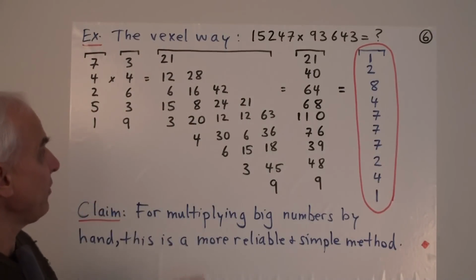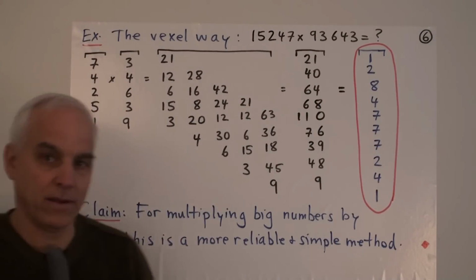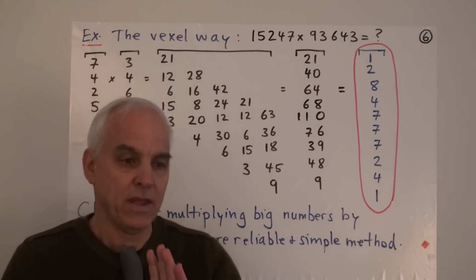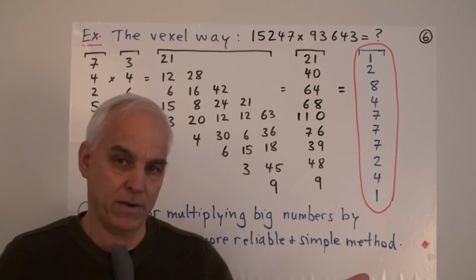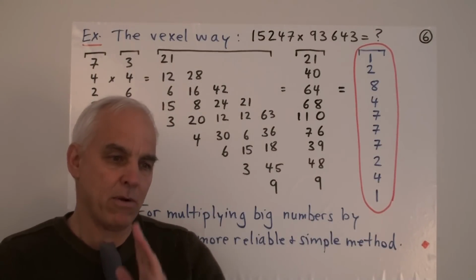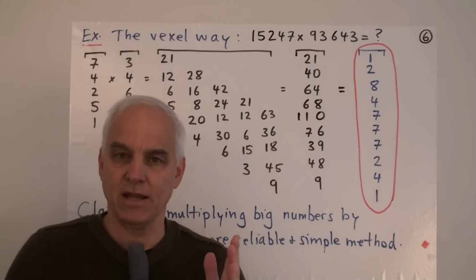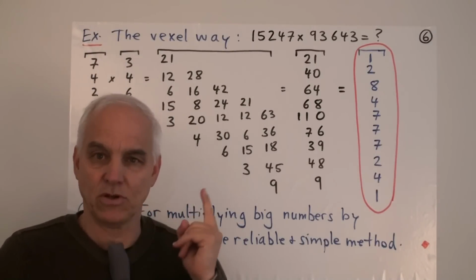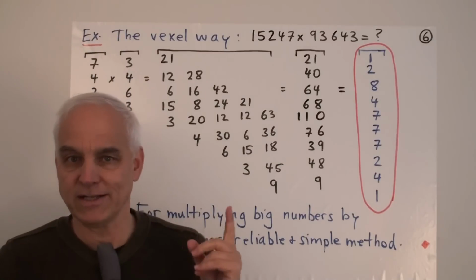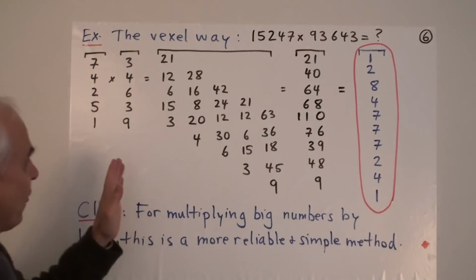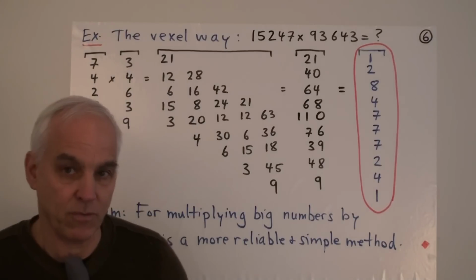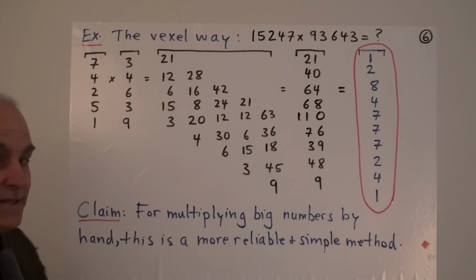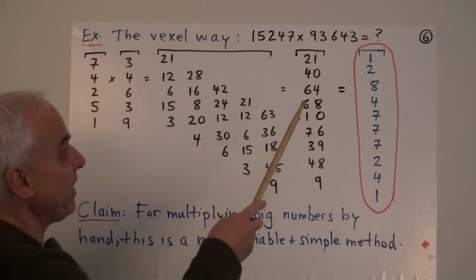In that case, I think this Vexel way of doing things, which I'm now going to show you, provides an interesting alternative to the familiar one. One which I think is somehow conceptually easier to understand. It's easier to understand what's going on and why we're doing the various things that we're doing here in this approach where we're thinking about the numbers as being vertical rather than horizontal. So we're going to take the same two numbers and regard them in a Vexel fashion.